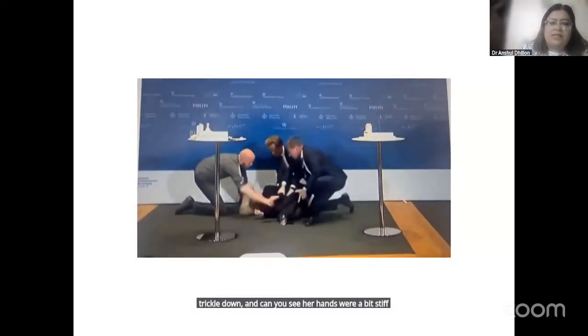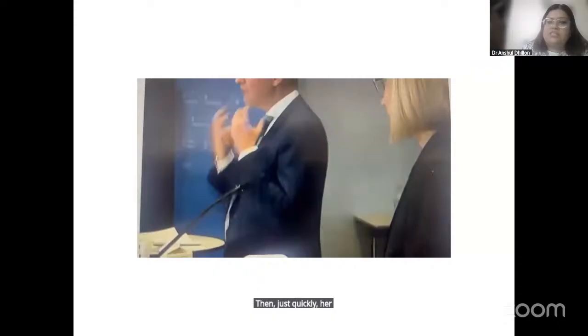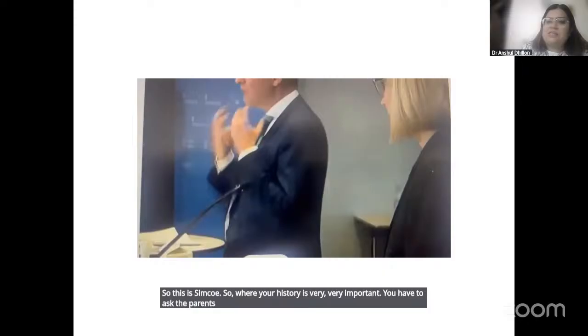Then just quickly her legs were raised and she regained her consciousness. So this is syncope, where your history is very, very important. You have to ask the parents. Sometimes the child is in school, and nowadays there are a lot of cameras in the school, so you can request the parents if they can get a camera recording from the school, and it is very important to differentiate